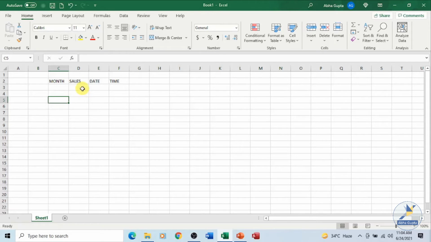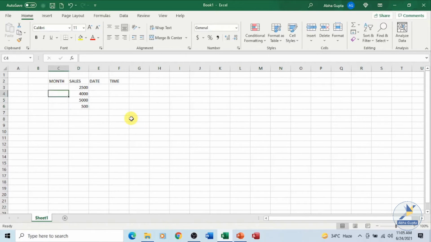So I said we can enter a number in a cell. So if I want to enter the sales data over here, just click on that particular cell, that is D3, and start typing. Say the sales is 2500. Here the sales is 4000. Here the sale is 5000. And over here the sale is 500.